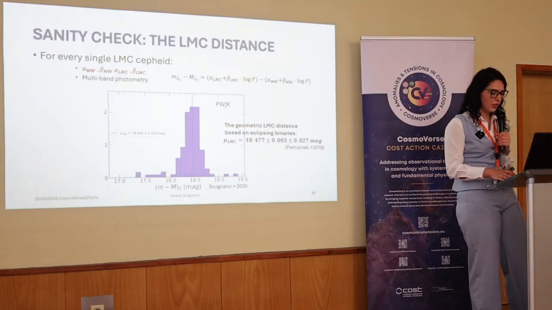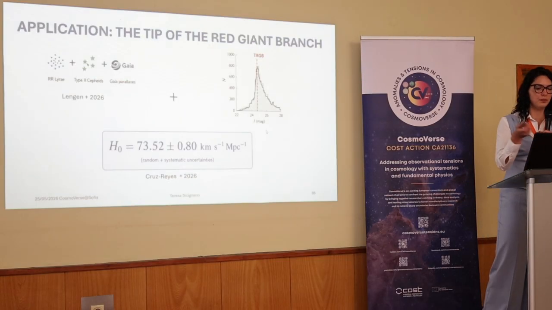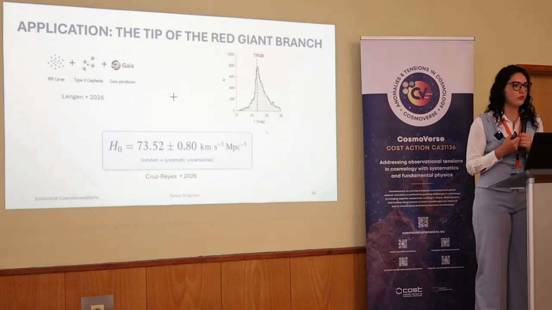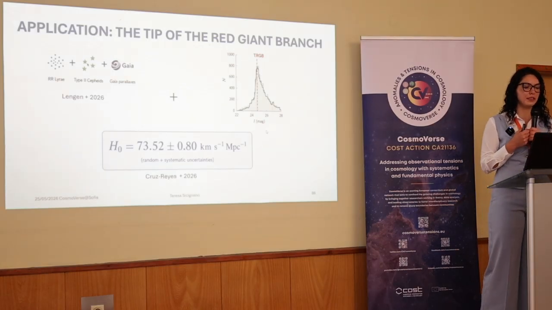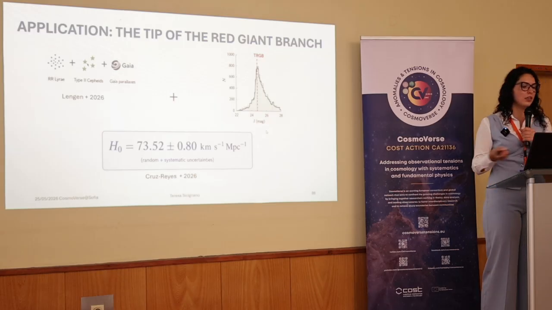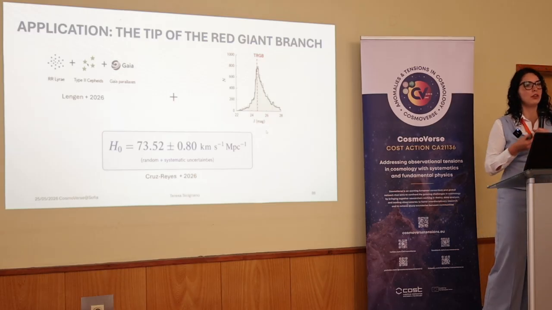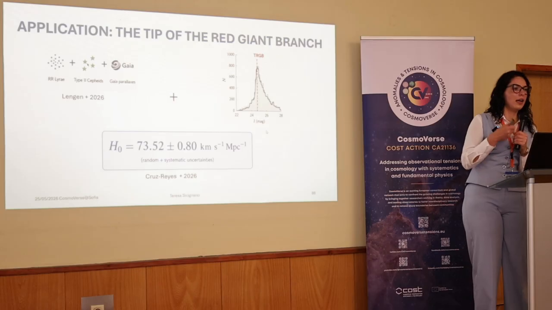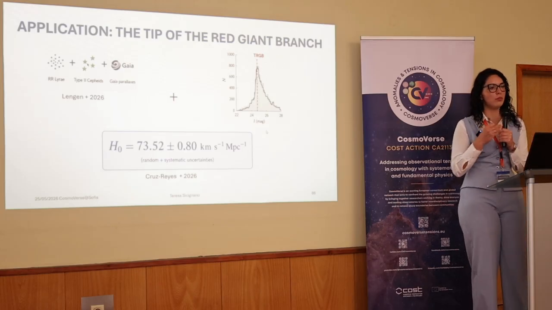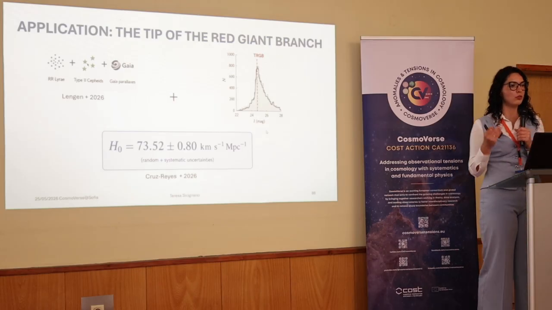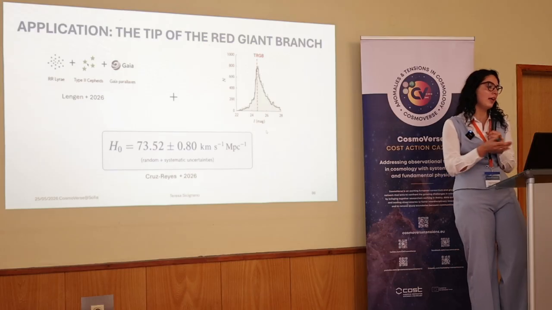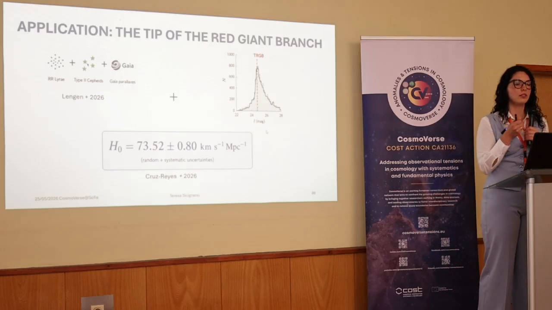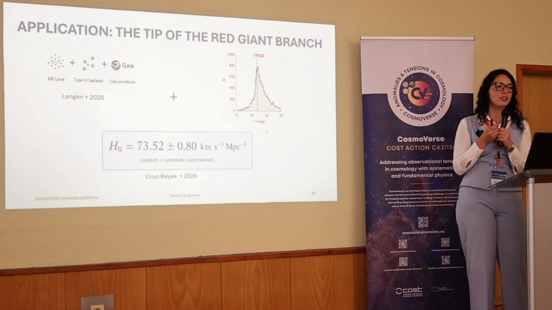A way in which we can use the population to distance indicators is calibrating the tip of red giant branch. Indeed, what you can do is to calibrate the distance of the globular cluster, because in the Milky Way, to have a tip of red giant branch, that I think Sean will explain tomorrow, you have to